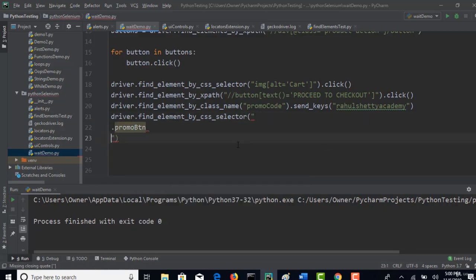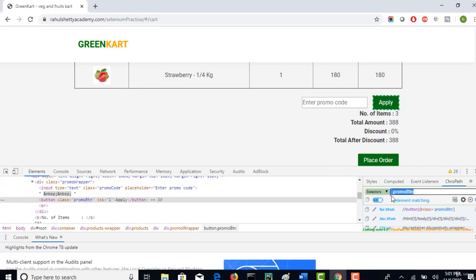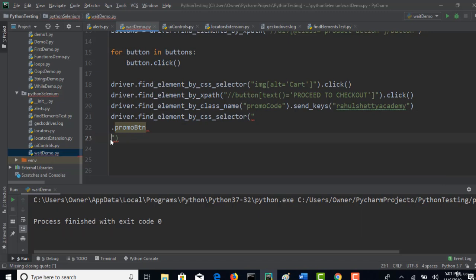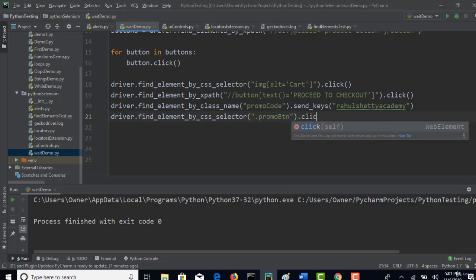CSS selector, sorry. Right. After you give promo code, you will select